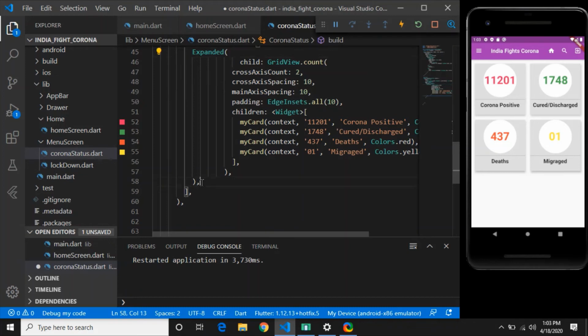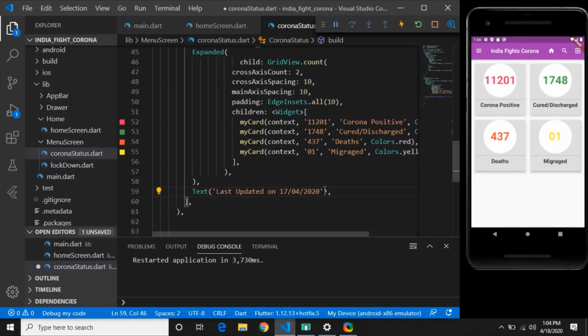At the end of this Expanded, what I will add is nothing but the Text widget, and text will have last updated on, and I will write the date, let's say 17/4/2020. So this is the date of last updated.